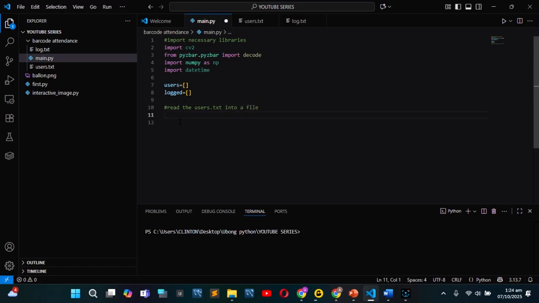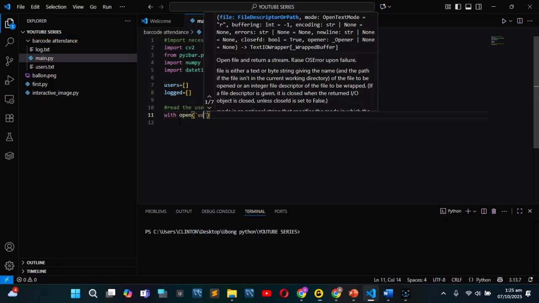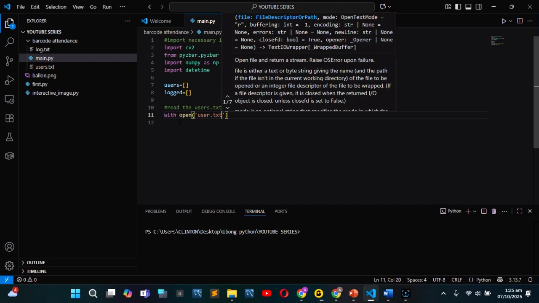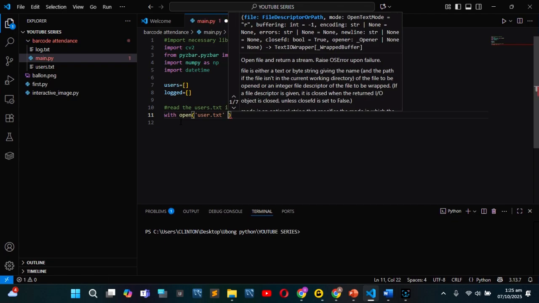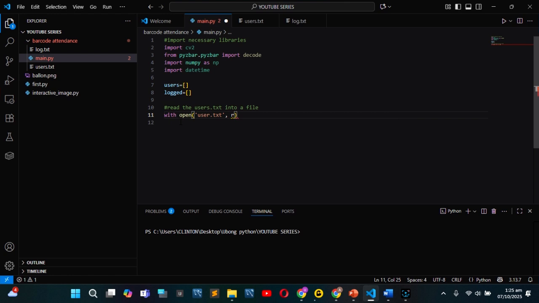We have that with open. We know how to use Python to open files. You should be used to this .txt. Read as f. You read them line by line. So users is equal to